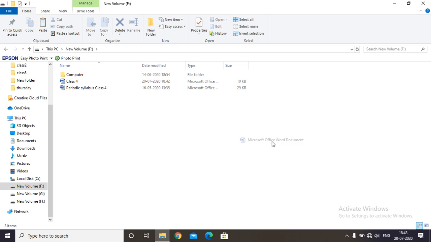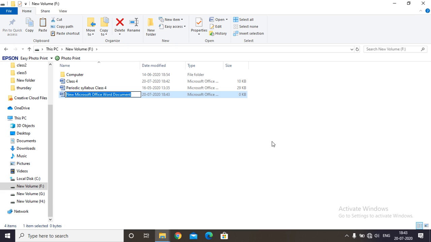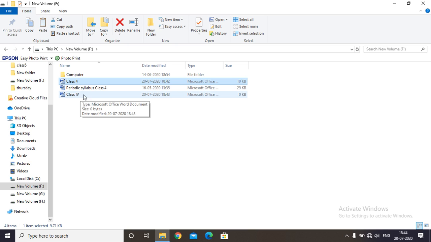So as soon as you click on it, you can see the new file appears on the right pane with the application name highlighted in the name box. So you can type any desired name according to your wish. So I am typing over here class 4 and press enter. The new file will be displayed on your window. So this file we have created using the method 1, and this we have used the method 2 to create a file. So in this manner you can create and you can save a file.